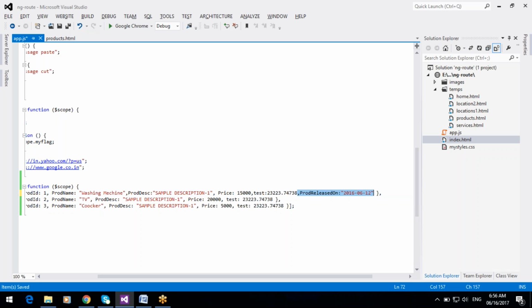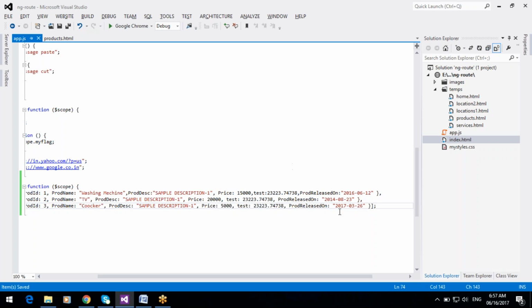Okay, so here are the product release dates.